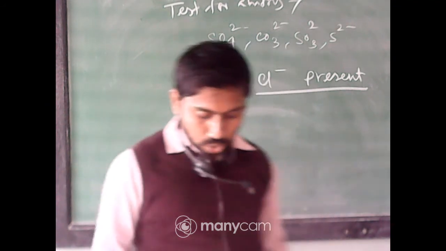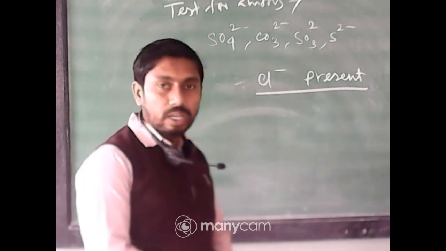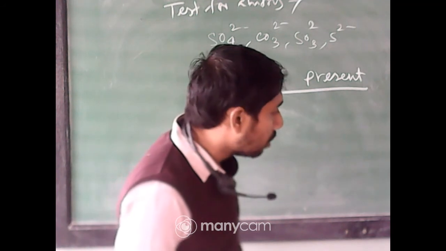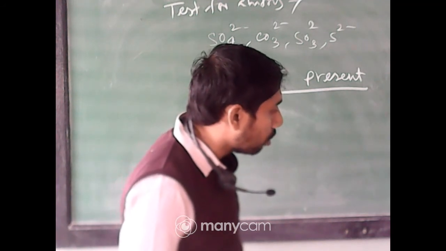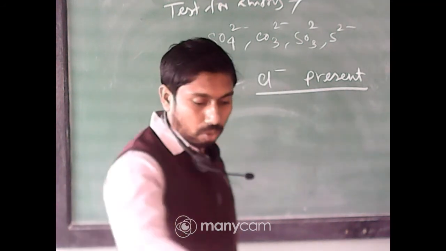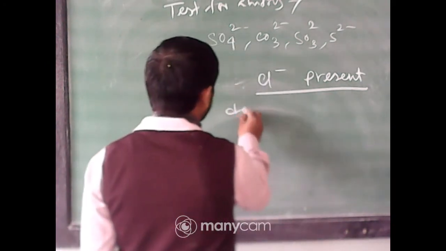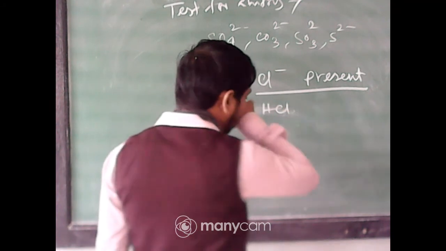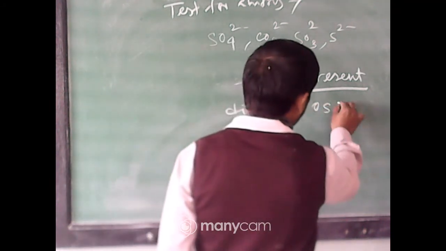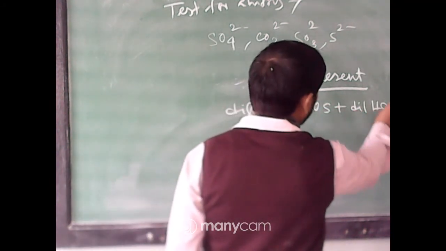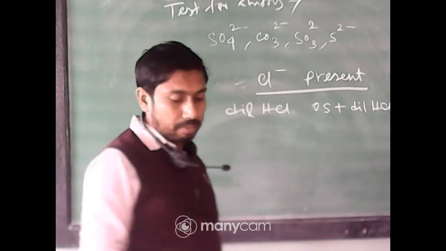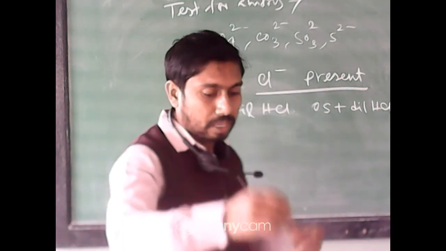Okay, so next we move to the cation. What is the group reagent? Orpita has told, no answer from your side. Okay, so the group reagent for group 1 is dilute HCl. So original solution plus dilute HCl. If any white PPT comes, just observe whether any PPT comes or not.